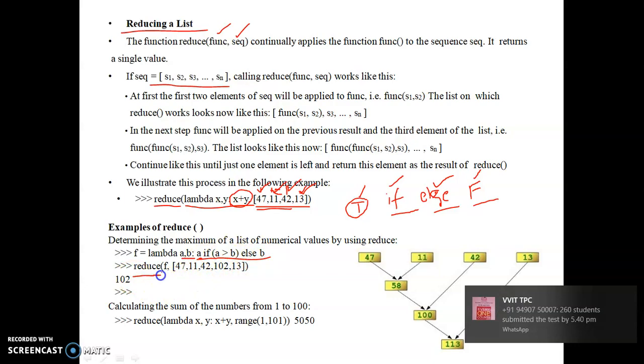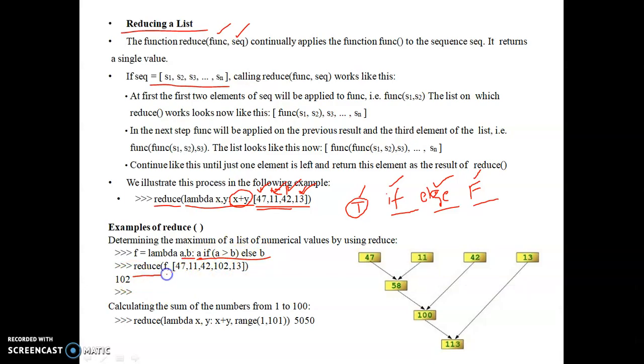And the reduce function, reduce of f comma the list, where f is the function to be worked and these are the list of elements. First it finds the biggest of 47 and 11. The biggest is 47. Then it finds the biggest of these two numbers, 47 and 42. Again 47 is the biggest. Then again it finds the biggest of these two numbers, 102 and 47. Here 102 is the biggest.